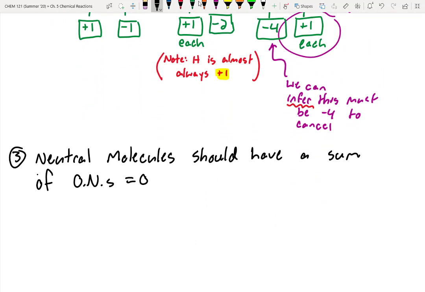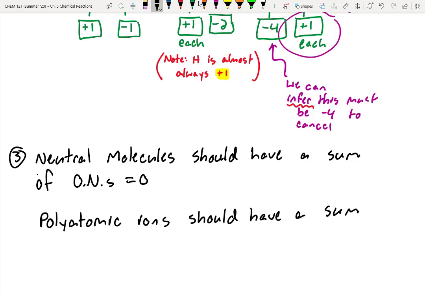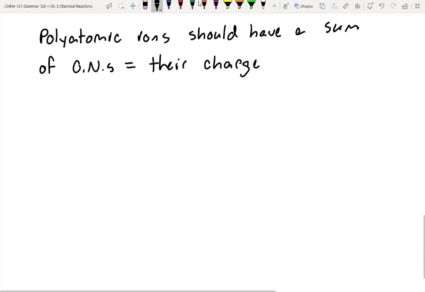All right, let's take a look at polyatomic ions. So for polyatomic ions, should have a sum of oxidation numbers equal to their charge. All right, so let's take a look at an example situation for this, right? So let's say we've got something like